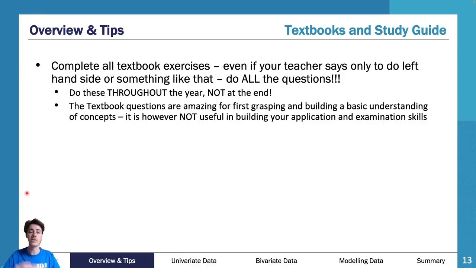You don't have to read a question and then decipher what I need to do. That is a really important skill, and that is one of the hardest things in the exam, is reading a long question and deciphering what I actually have to do. You don't do that in a textbook. The textbook sections tell you what to do. As such, please do not do textbook questions as exam study,